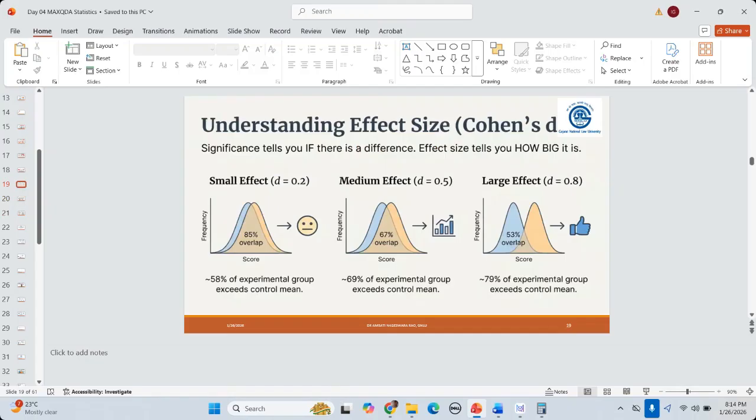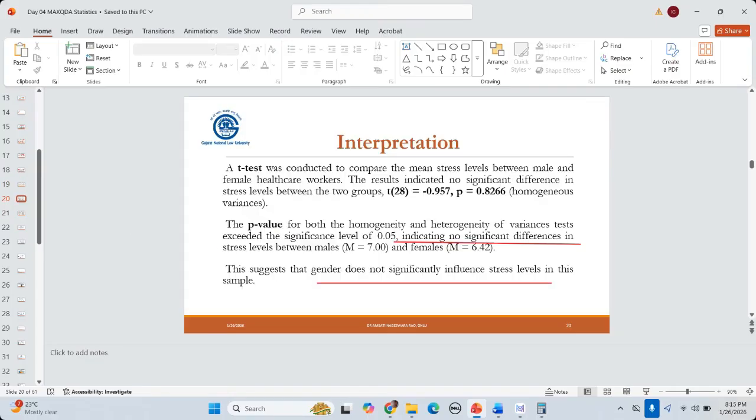Imagine that we got significant results, but I'm conveying them to a layman. I'm just presenting my findings. The layman cannot understand if I say that there is a significant difference. But I want to reach everyone and convey what my findings mean. Let's take, for example, in this particular case,